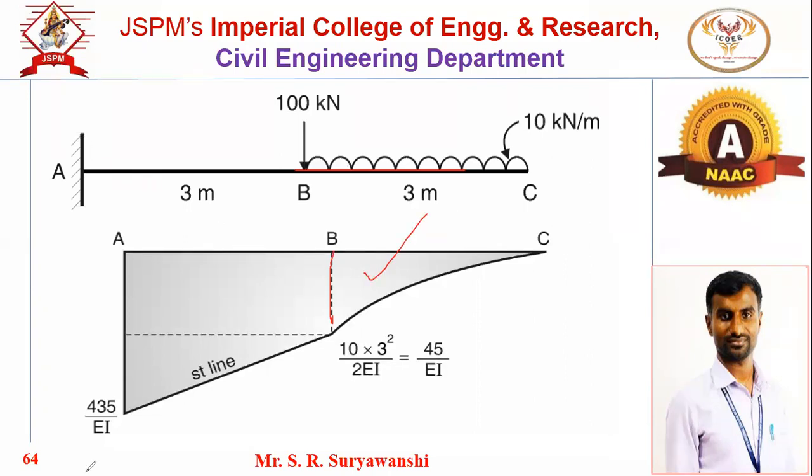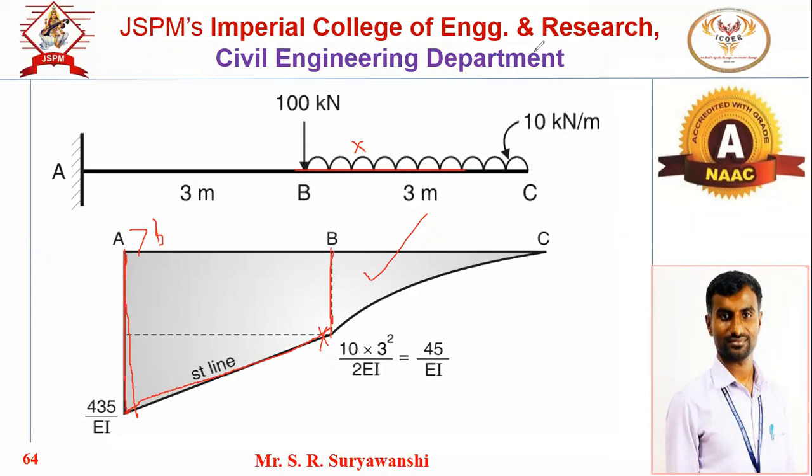But here at fixed end moment will be there. And if you join that moment at fixed end to that point B, it will form the trapezium, because bending moment at B point will be less as compared to the bending moment at fixed support. Means bending moment at A is greater than bending moment at B. That's why it will form a trapezium. If this loading is not present, then you will get the triangle. So due to this loading combination, it will be a trapezium.